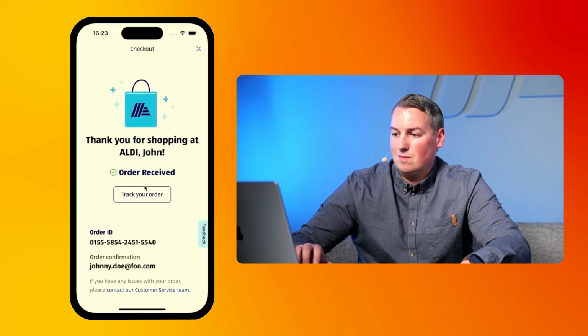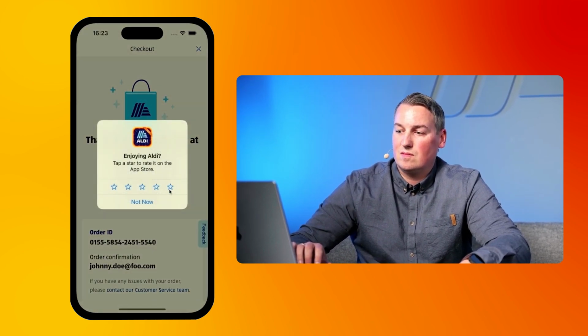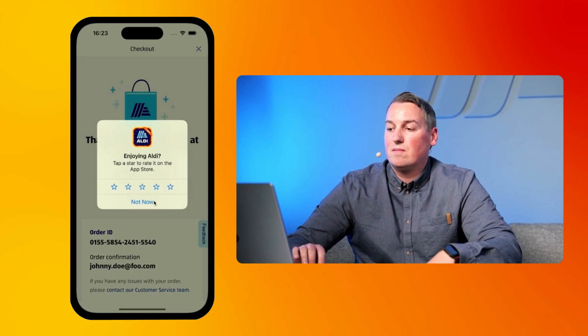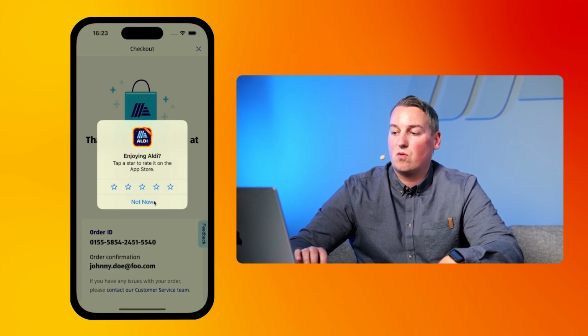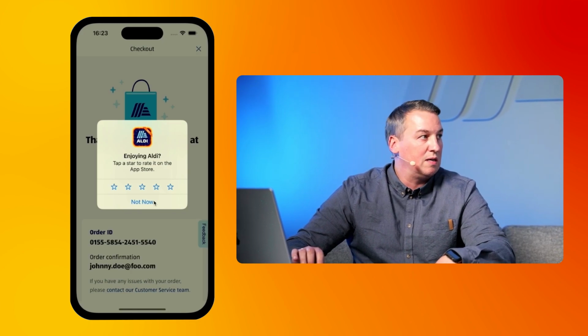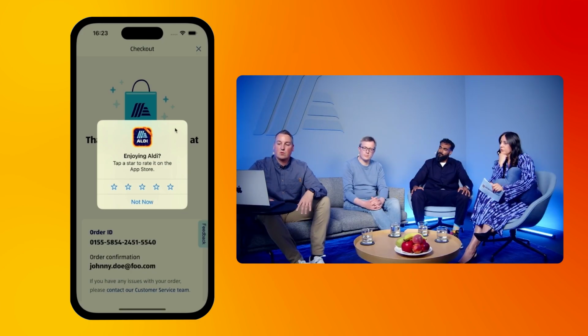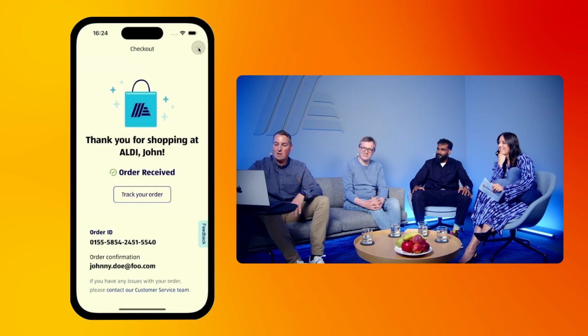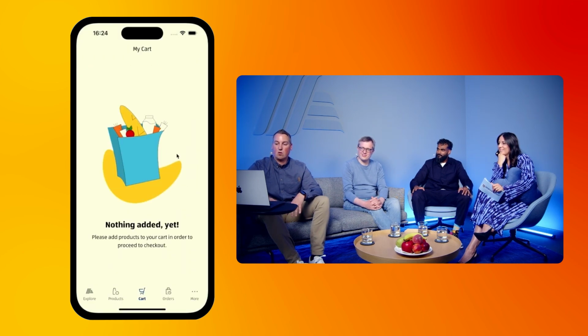So is this Click and Collect app right now live in the US? Yes, we have a, let's say, small-scaled customer rollout. It is not yet listed in the app stores, but we shared the link to this app to a limited audience, so we can basically scale it in a secure manner and get feedback. Yeah, and now the checkout is done. I can rate the app. This is a simulator, so I cannot submit it. Don't want to cheat our ratings. So cancel here, close it.